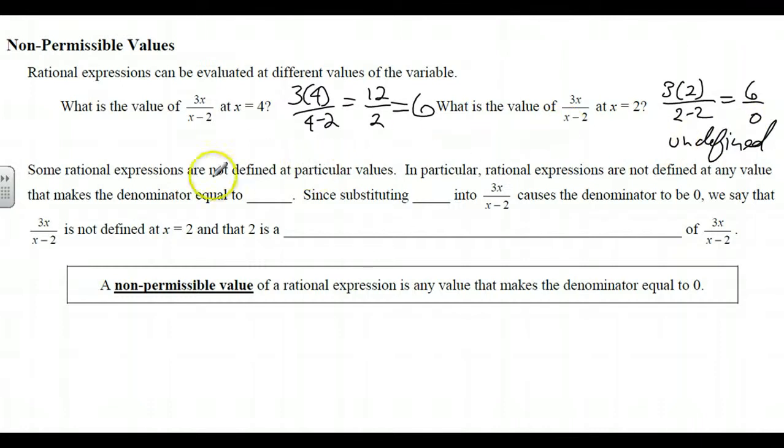So some rational expressions are not defined at particular values, right? When x was 4, this is perfectly fine, but x equals 2, not so good. In particular, rational expressions are not defined at any value that makes the denominator equal to 0. Since substituting 2 into 3x over x minus 2 causes the denominator to be 0, we say that 3x over x minus 2 is not defined when x equals 2, and that 2 is a